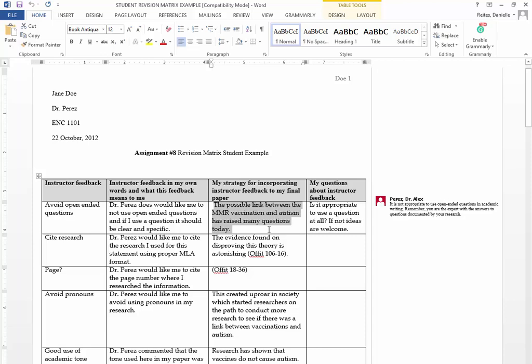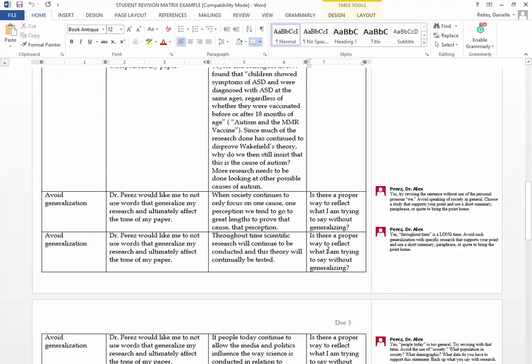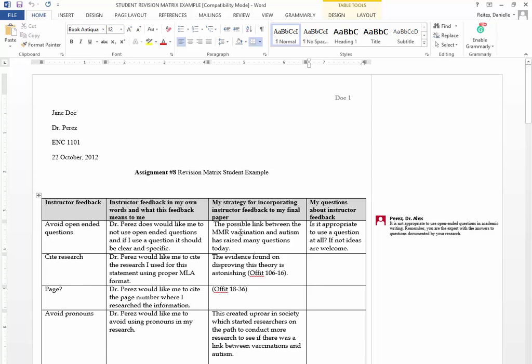Instead they say, the possible link between the MMR vaccination and autism has raised many questions today. And then my questions about feedback to instructor, you can see this isn't in every box, but maybe they don't really understand it fully, or they say, is it appropriate to use a question at all? If not,